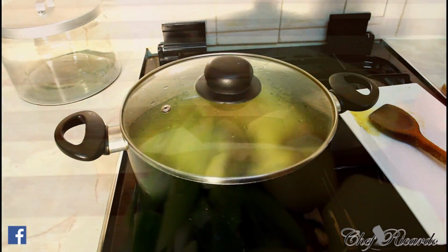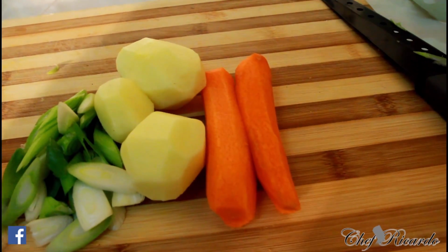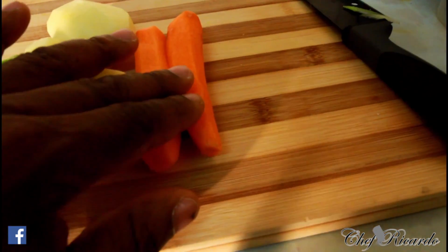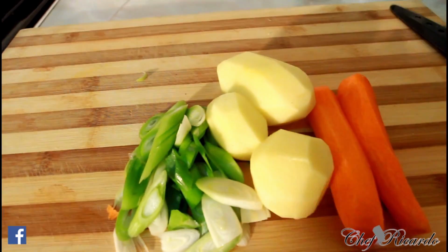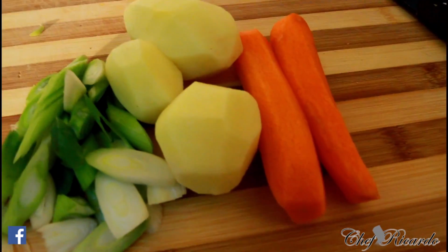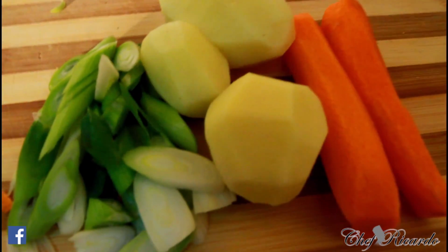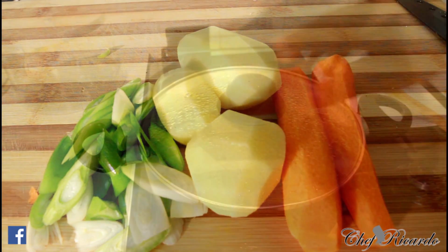Nice and lovely, guys. As you can see, I got 3 little potatoes and some spring onion, 2 medium-sized carrots. So now what we're gonna do, we're gonna cut them up and put them straight in that pot. The meat is ready. So let's go into business now. Yes. So as you can see,